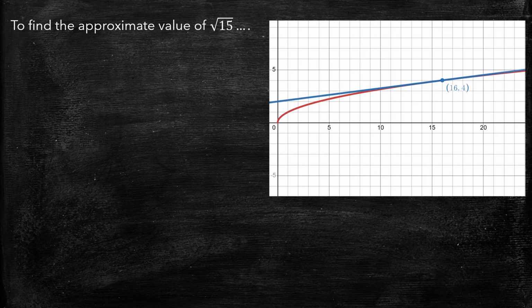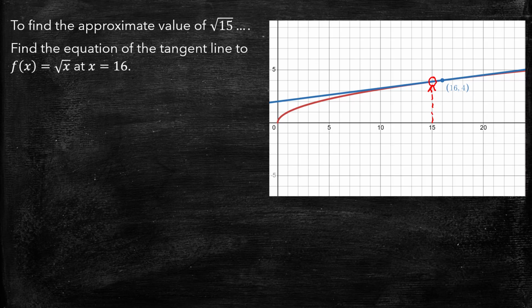Well, if we find the equation of the tangent line right there, then it seems likely that if we want the square root of 15, we could take the value 15 and plug it into our tangent line and get a y value that should be very close to the value on the square root function, which is the red function. They look almost indistinguishable there. So let's try that. So we are going to find the equation of the tangent line at x equals 16,